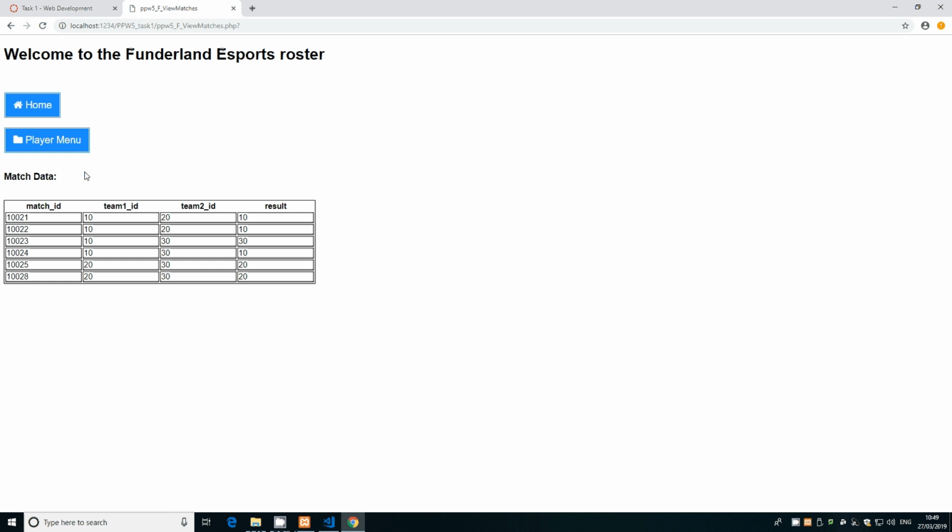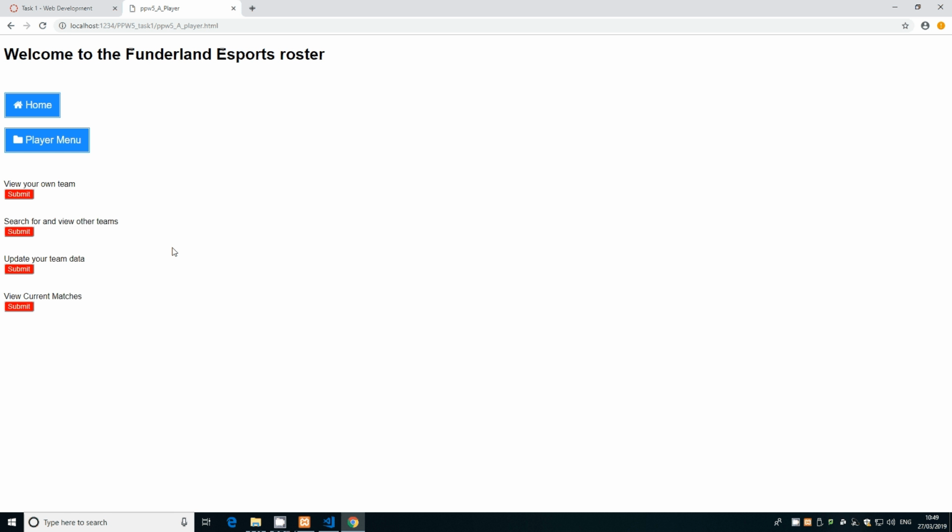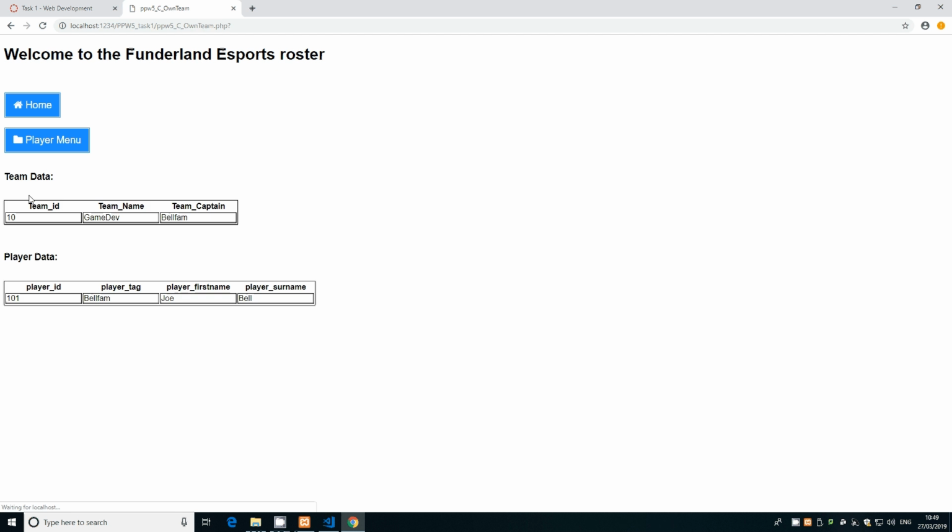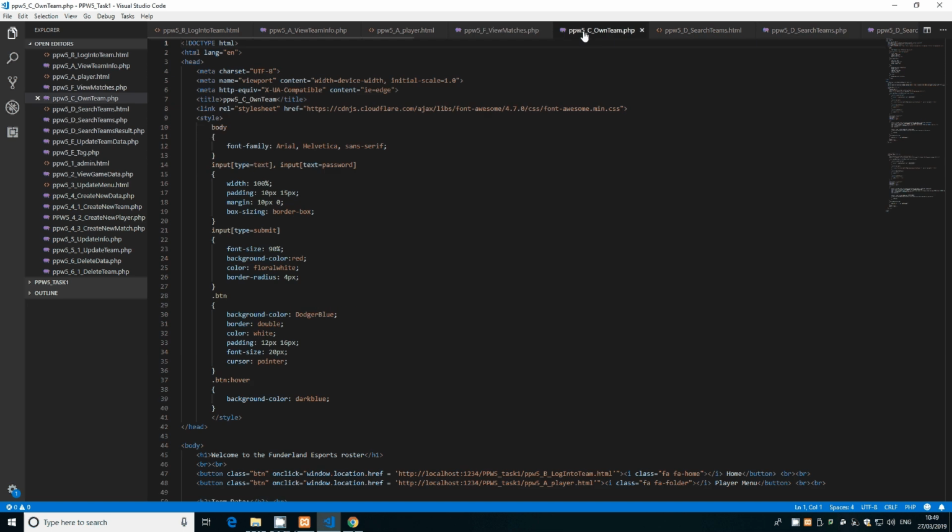As we can see, go back to the player menu. Next thing we're going to look at is viewing our own team and teammates. So click on view your own team. From here, because of the session variables that we had,